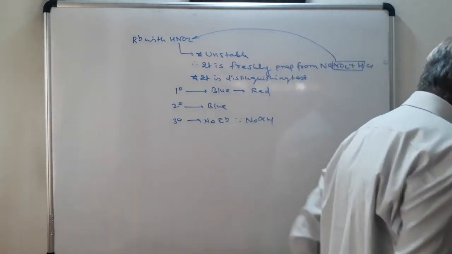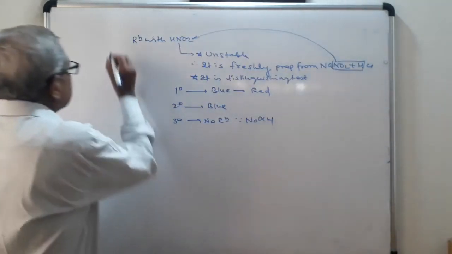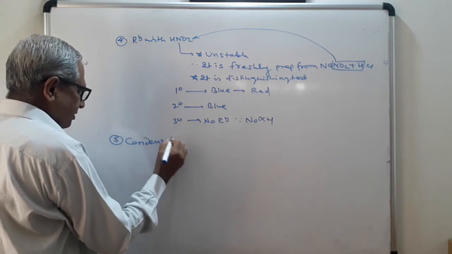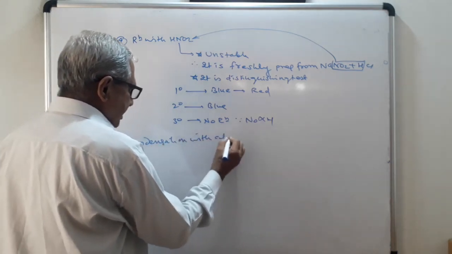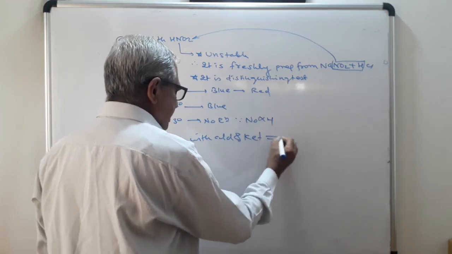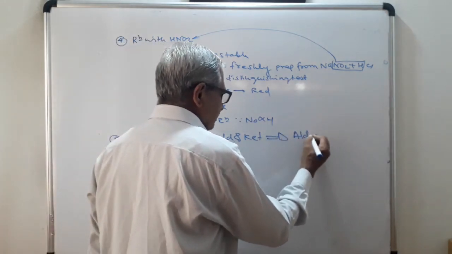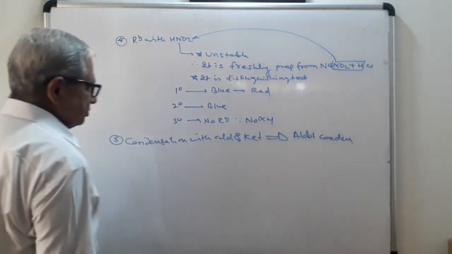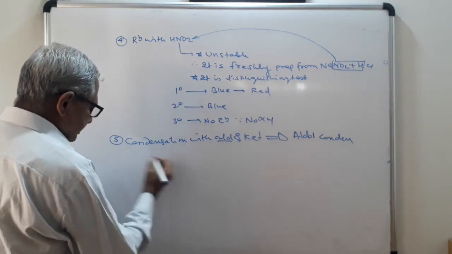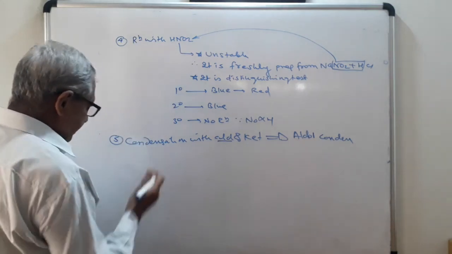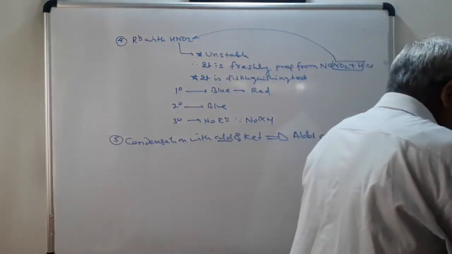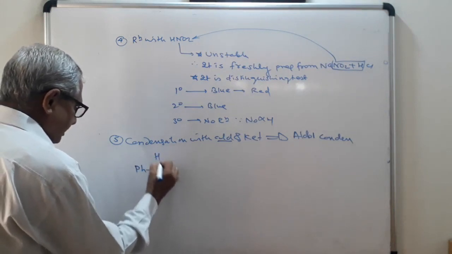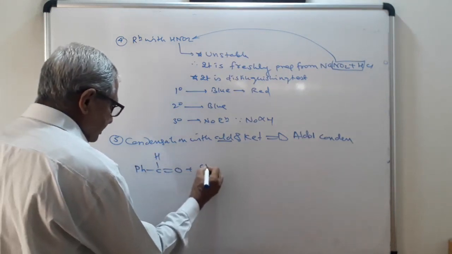Now the next reaction, that is the condensation reaction. This is the fifth reaction, condensation with aldehyde and ketone. This reaction is the same as the aldol condensation. Now see the formula for aldehyde. If you consider the aldehyde general formula, for example acetaldehyde, you can take nitromethane as the other compound. Suppose you take an aldehyde like formaldehyde or benzaldehyde, and do the reaction with nitromethane